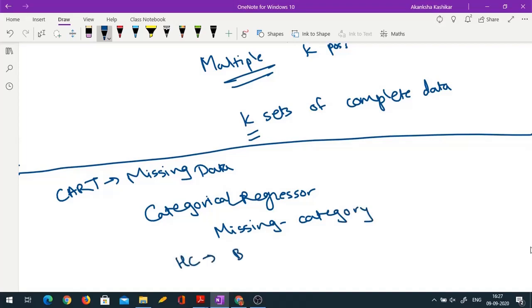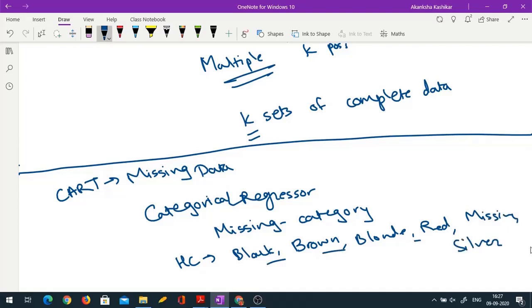So hair color black, then brown, blonde, red, and then missing, and maybe silver. So I can have these many categories. I can add missing as a separate category and treat it like a category and do the analysis. That is one way.